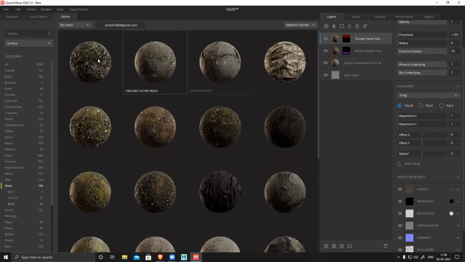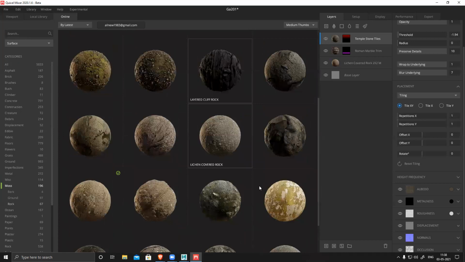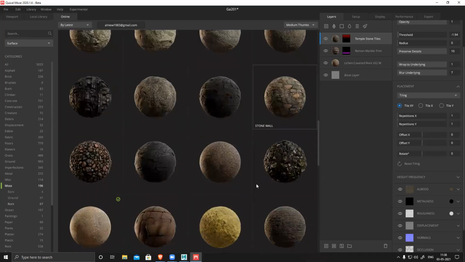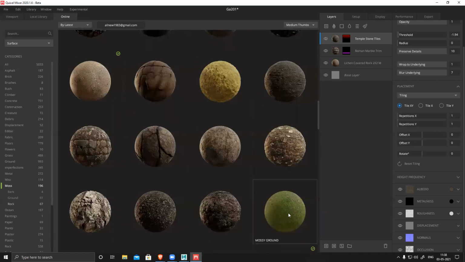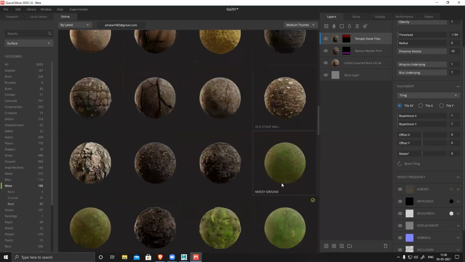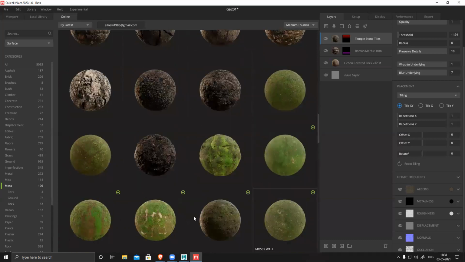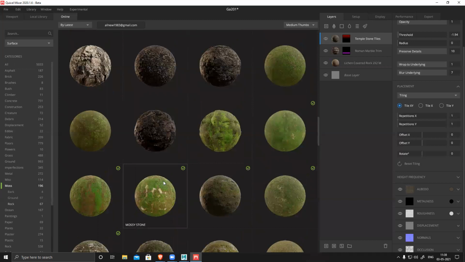Rock. So I have all this moss. This one looks nice. Or maybe this one. Download. So till now we have used those ID maps.